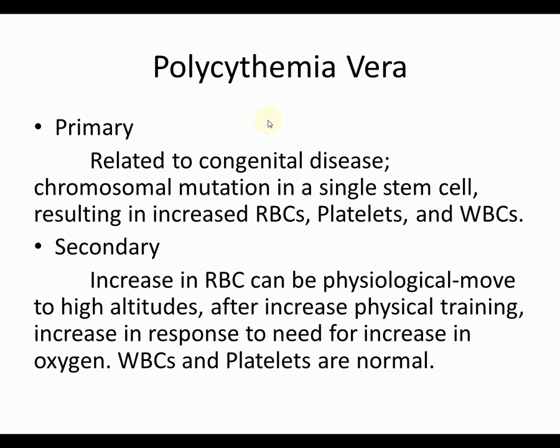Now let's move on, excuse me, to polycythemia vera. You can have polycythemia vera primary or polycythemia vera secondary. All right? It's related to congenital disease. It's a chromosomal mutation in a single stem cell, resulting in increased red blood cells, platelets, and white blood cells. A secondary would be an increase in red blood cells that can be physiological. Move to higher altitude